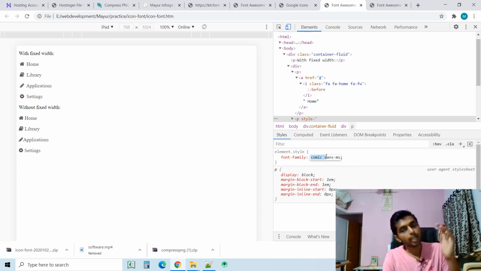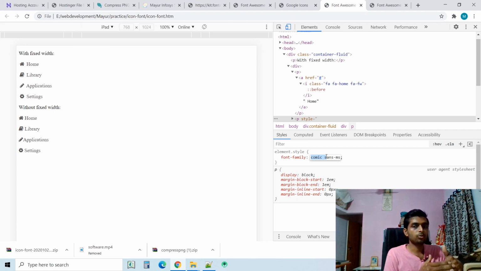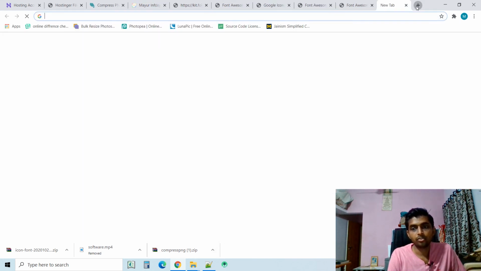In this way, we can apply our own font as well, and with this font, our font is not affected. Suppose we want emojis. How can we catch these emojis into this